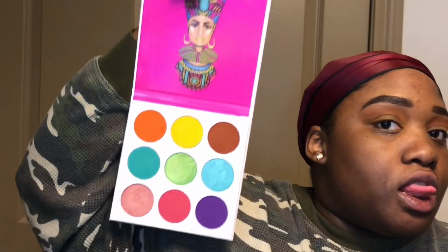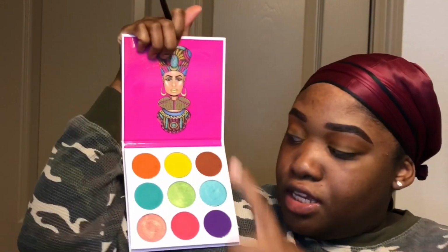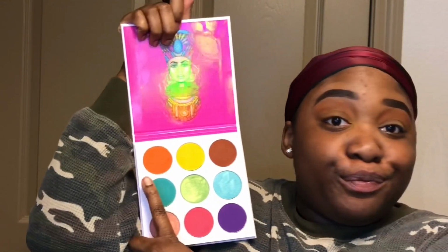Alright, now we're going to go into the orange in the Zulu palette, which is this one right here. And then we're going to put